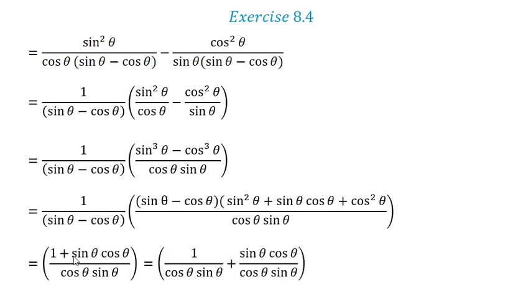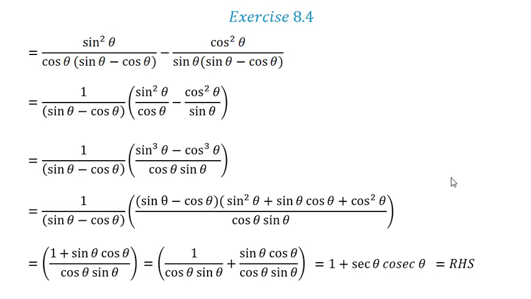Now I will separate this as 1 upon sin theta cos theta plus sin theta cos theta upon sin theta cos theta. Now 1 upon sin theta cos theta, or 1 upon cos theta sin theta, what can I write? I can write this whole term as 1 upon cos is sec and 1 upon sin is cosec. So this term will become sec theta into cosec theta, and this is 1. So 1 plus sec theta cosec theta, which is my right hand side. So this is how you prove, right? Okay, so it is a little bit of practice.